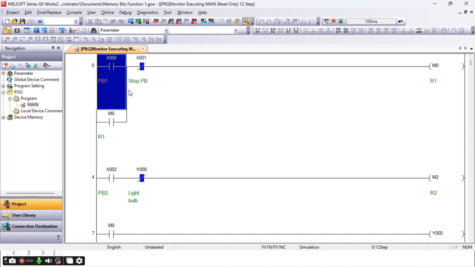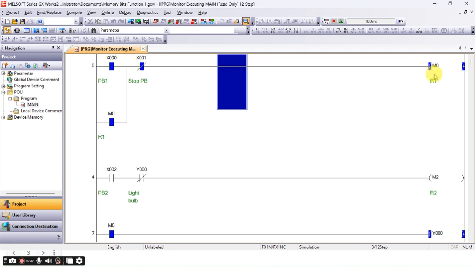When I turn this on, M0 is energized, so latching is performed.